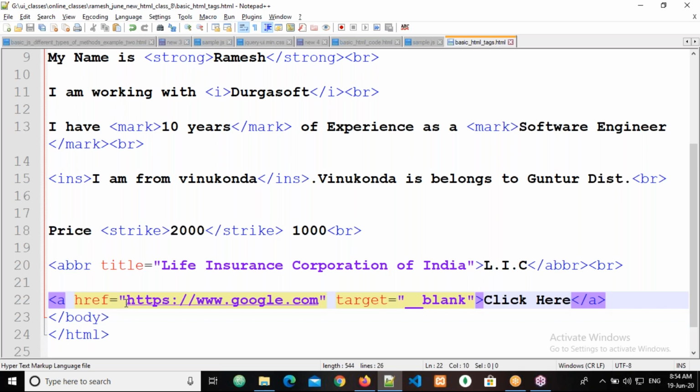Or if the page is ready, then you can simply pass that page address. Whenever giving the page address, what do you need to check? Only the root directory path. In your root directory, where is that file? That is the path you need to write here. And if you want to open that file in a new tab, then we need to utilize the target attribute, and give the value as _blank. That's it.